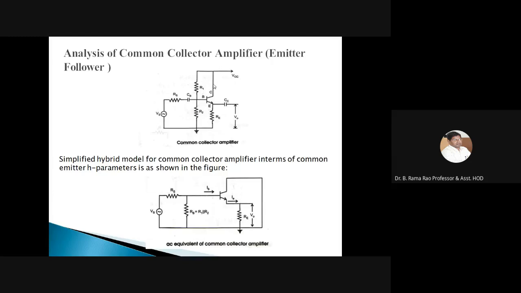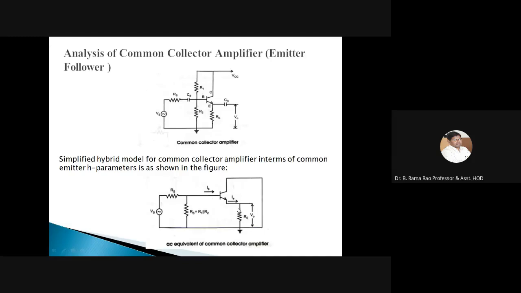Now we are going to redraw the equivalent hybrid model by using these steps. What are those simple steps? You have to assume the capacitors are large, so that's why we have shorted them, and also we have replaced the DC power supply by a short circuit, and then we replace the transistor with the hybrid equivalent model. After that we will get the exact model, and then we have to neglect